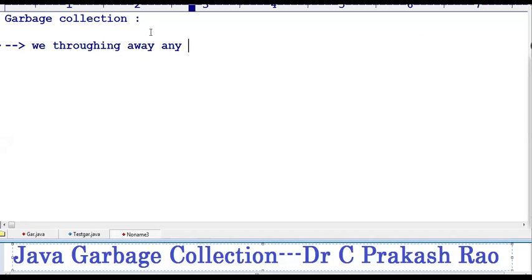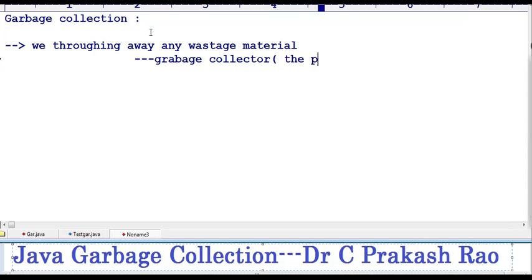any wastage material. This will be collected by some people and thrown to one dumping yard. So all the wastage items are collected by one person. That person is called a garbage collector. In our regular life, we call that person a garbage collector. So what is it in regular life? The person who is collecting